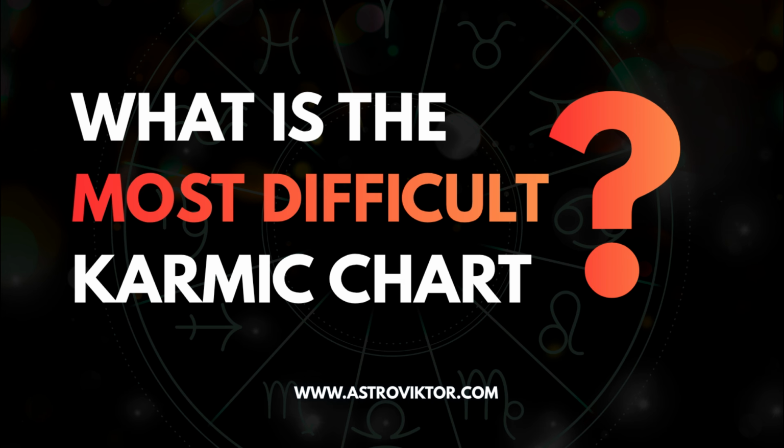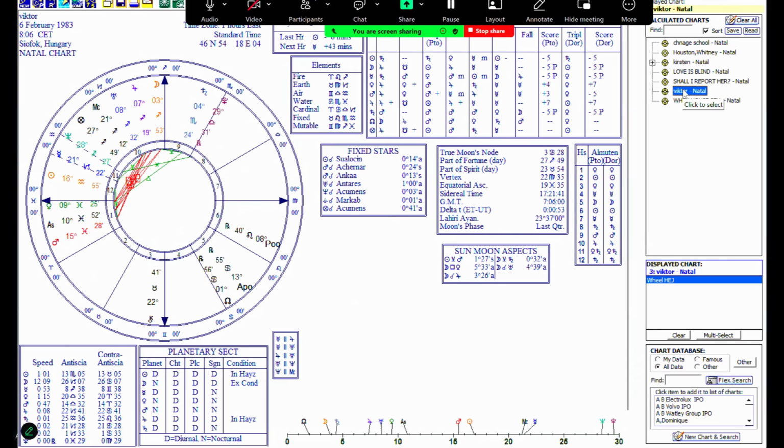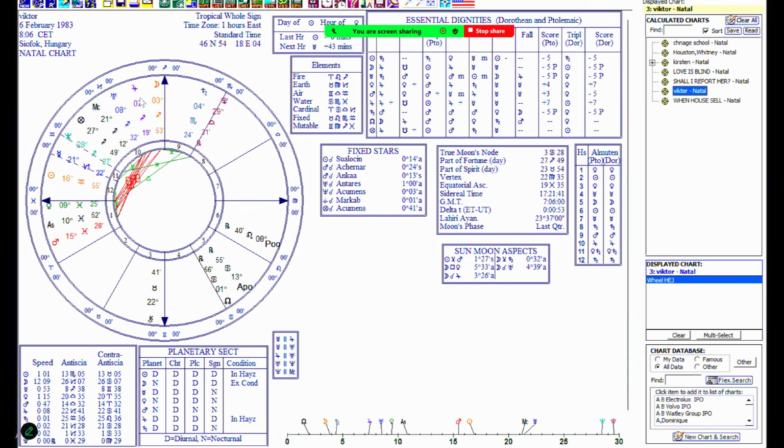So I actually have my own chart that I would like you to see as an example. You will see that the final dispositor of my chart is going to be Jupiter, because that's in rulership. You can see that the Moon is reporting to Jupiter, Uranus is reporting to Jupiter, Neptune will be reporting to Jupiter. And because Venus and Mars are in Pisces, they are also reporting to Jupiter as well.